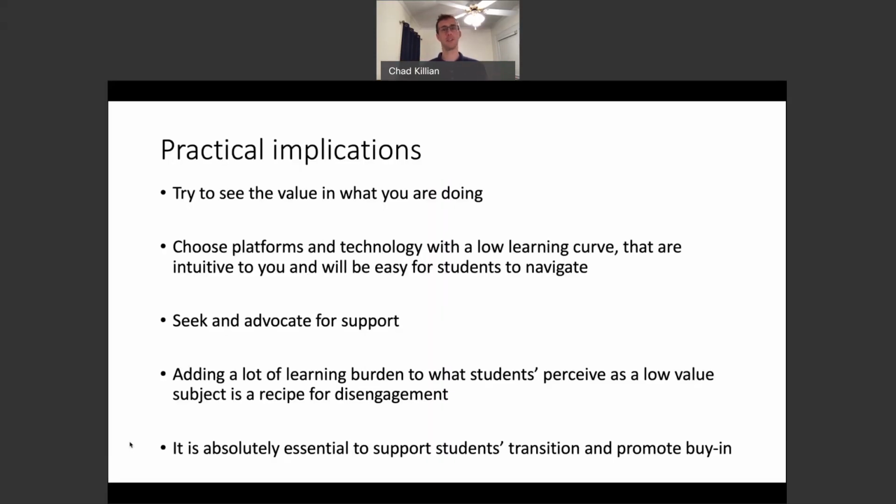You can provide extended instruction without sacrificing movement. You can reach students in a global pandemic. 30, 40 years ago, this would not be possible. It would be a very, very different situation. So there is value in what you're doing. You're able to reach your students using online learning. So that's a first step, and it's a practical implication.